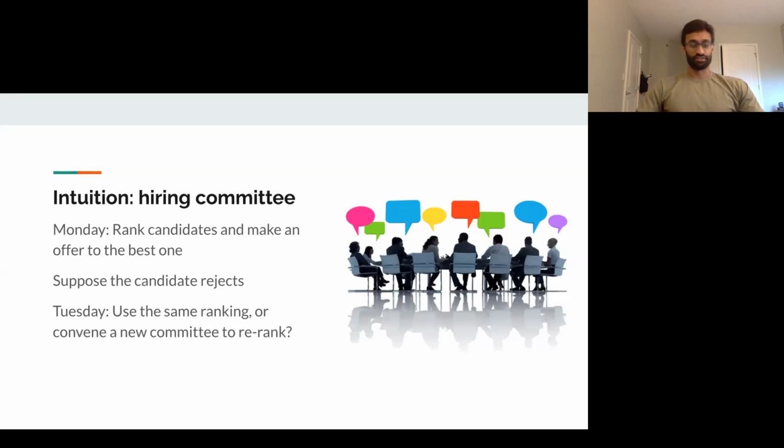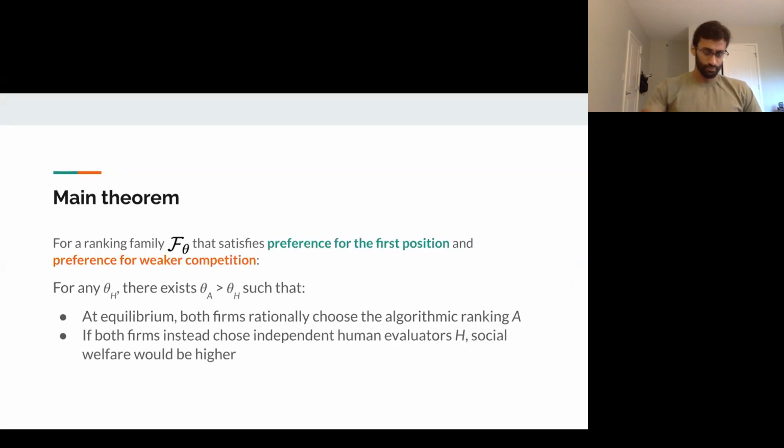The interesting thing is that this property actually is true for many natural ranking models, including the Mallows model, including some of these random utility models. It's an interesting phenomenon. Later in this talk, we'll look a little bit into why this is true. But with this intuition and with this property, I want to try to get into our main result a little bit. So the main theorem here is the following.